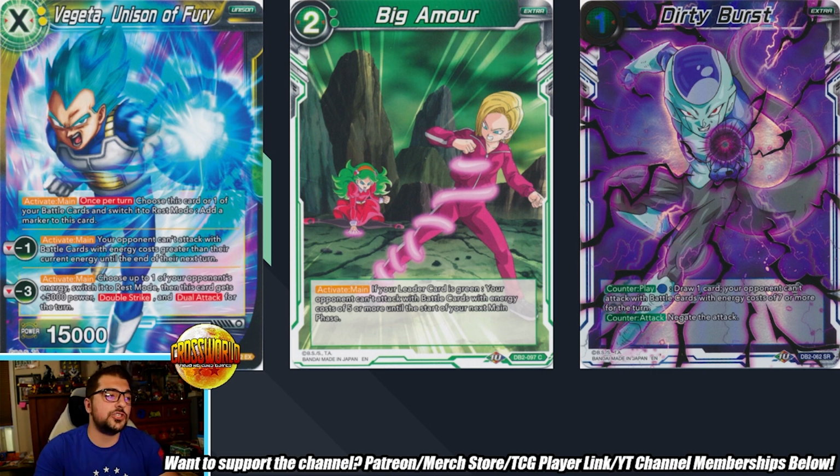And then in yellow, we have Vegeta Unison of Fury, which has the famous -1. Your opponent can't attack with battle cards with energy cost greater than the current energy until the end of their next turn. Now, I want to mention here that Mutaito Skill of a Sage is not going to be very effective against the Cell 9-drop, and I just want to bring that up because I sided it in my top 16 Trunks Vegeta deck from the Philly event last weekend. And while it was kind of discovered that Mutaito works well against Ultra Mastery, because Ultra Mastery will do its board wipe before window 2 comes around, so you can play Mutaito in that window and it's safe to use